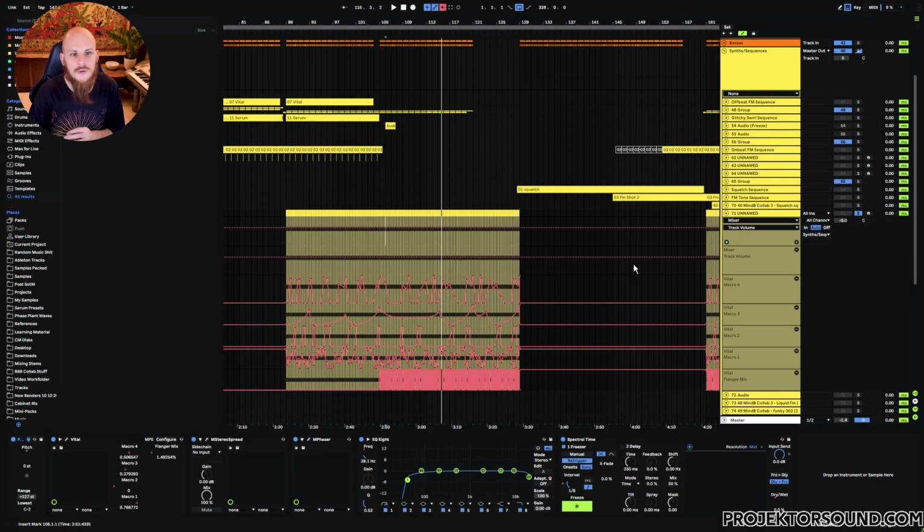But one of the cool things about this sound, for example, is that it transitions between a background sound into a main sound over here. So if I just play a small portion here,